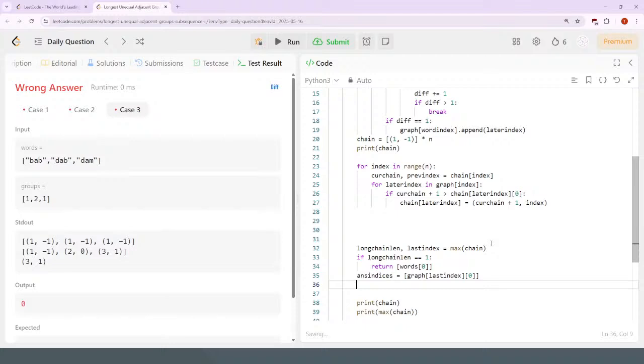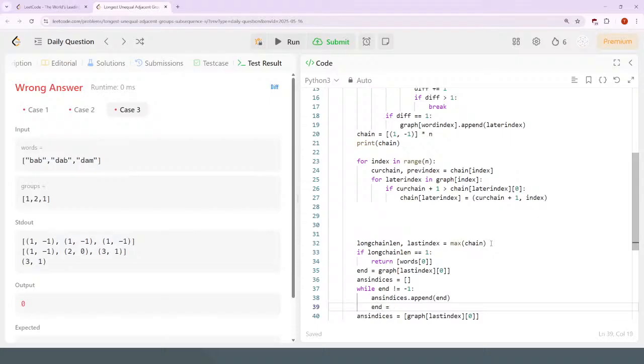So I could do answer indices of that, and actually let's say end is graph of last index of 0. Answer indices is equal to an empty array, and then I say while the end is not equal to -1, then answer indices dot append the ending index, and the ending index is equal to the next ending index,